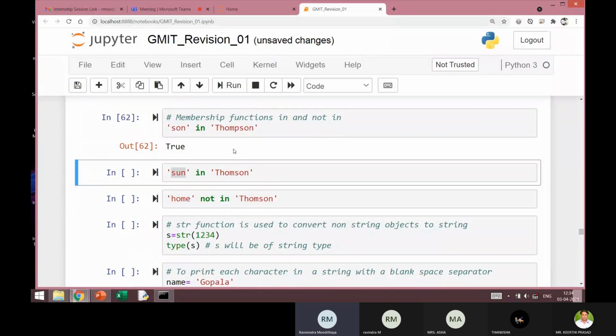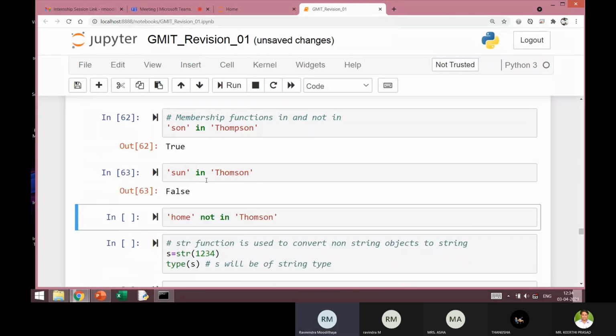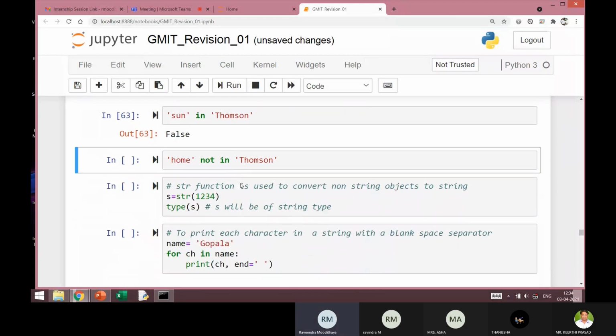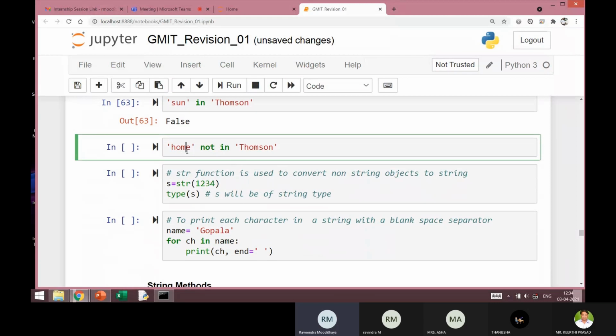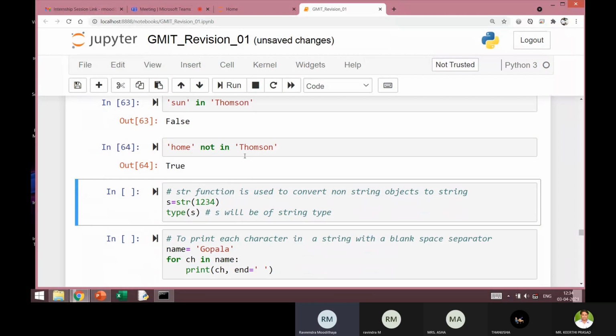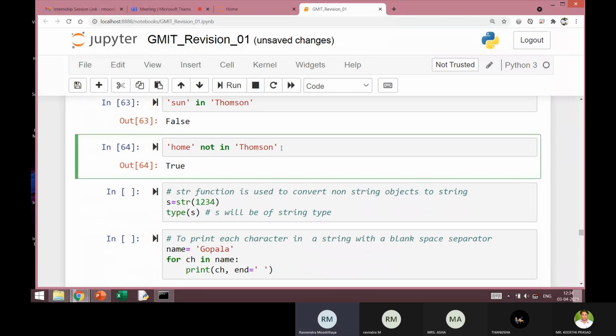So this will result in false. Now 'home' not in 'Thompson'. There is no home here. So let's see what this will result in. This will be true because this is not in Thompson. Now the beauty of Python is this almost looks like our normal English. Home not in Thompson. The answer is true. It is not in Thompson.